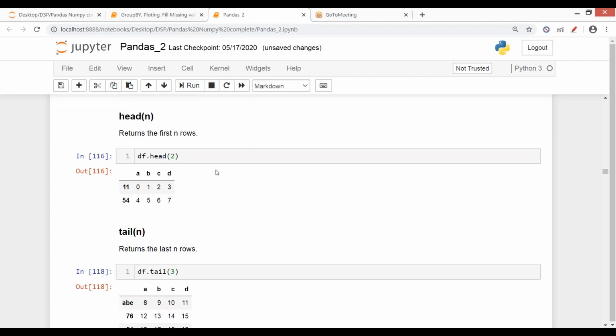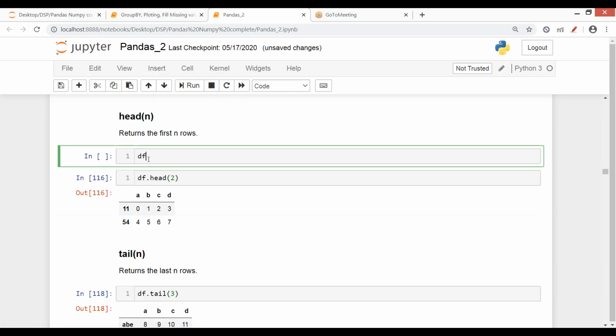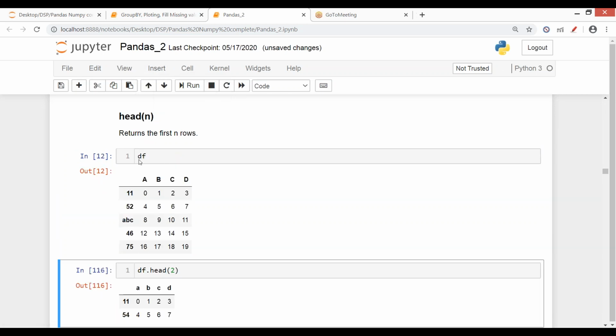We did how to make our data frames, how to see a column and how to visualize multiple columns. Now let's say our data frame is big enough and I just want to visualize the initial 5 or 10 rows. I think I have done it already, but just to tell again, dot head is the command. Df is my data frame. Let me just print this out. So this is my data frame which we were working on last time. This is my df, and we just have 5 rows here.